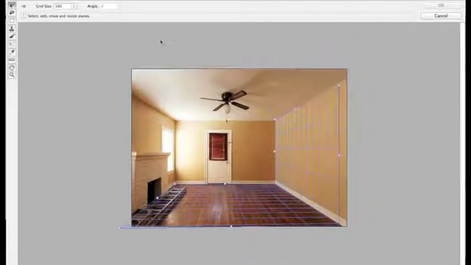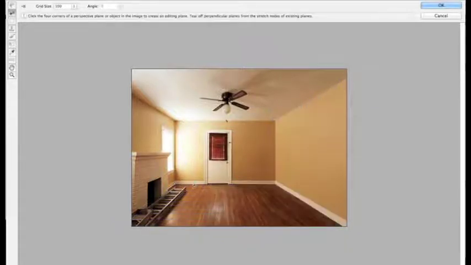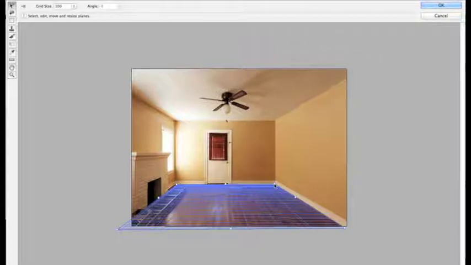Vanishing Point. You can see I've already drawn that out, but let's delete that and do it again. We're going to click in the corners of the floor, and then we're going to come down the wall, following the lines of the wall. Do it again here, following the wall and click in that corner. And we have a good plane for our floor. Now let's hold down the Command or Control key and grab this middle selection and pull that up the wall. Now you can see we also have a vanishing point for that second plane,